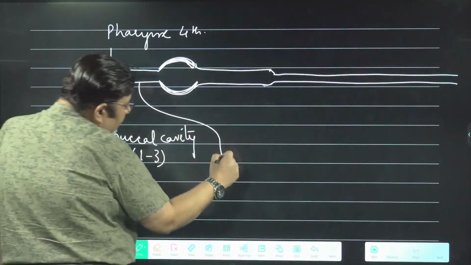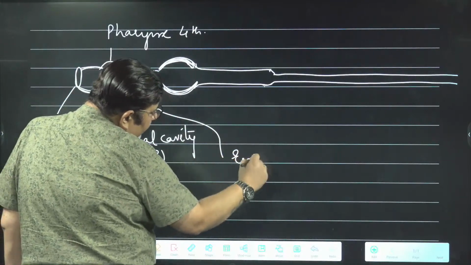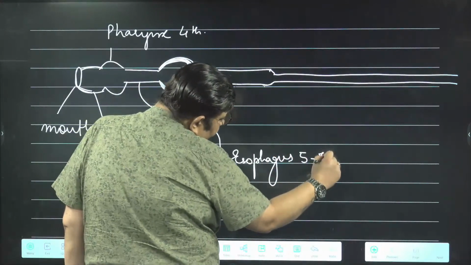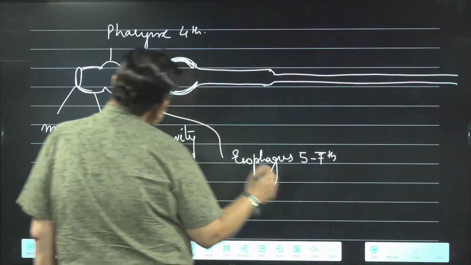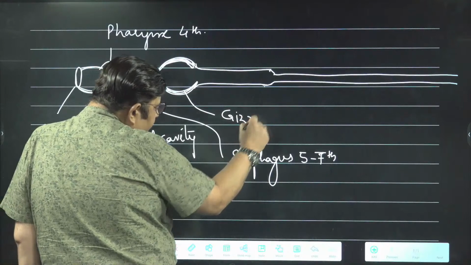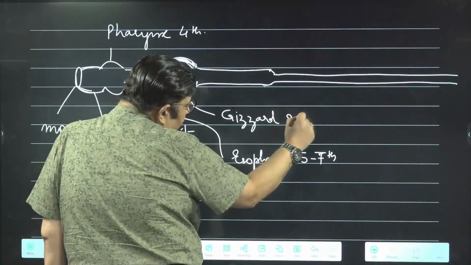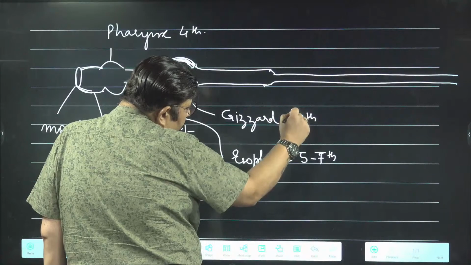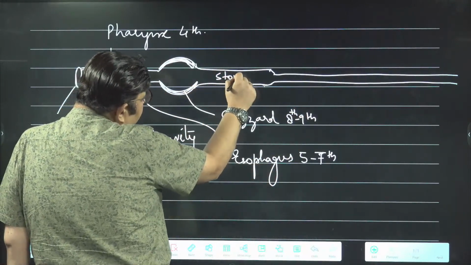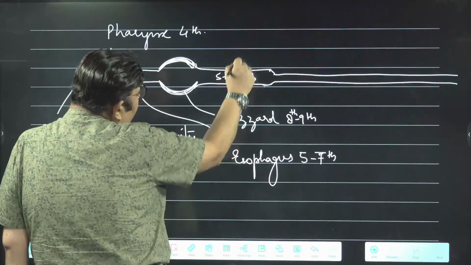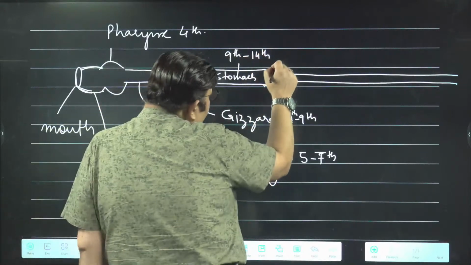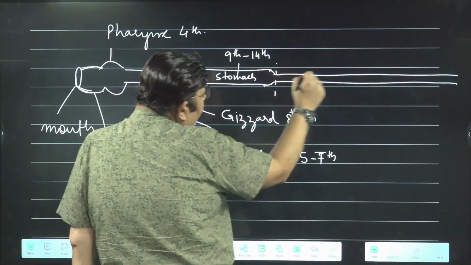Then there is an esophagus. Can you please tell me the segment numbers of the esophagus? Yes, you're right, the 5th to 7th segment. After the esophagus, you have the gizzard, in the 8th to 9th segment. After that, you have the stomach, which is present in the 9th to 14th segment, and from the 15th segment you have the